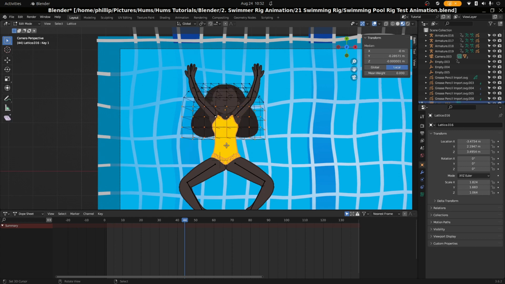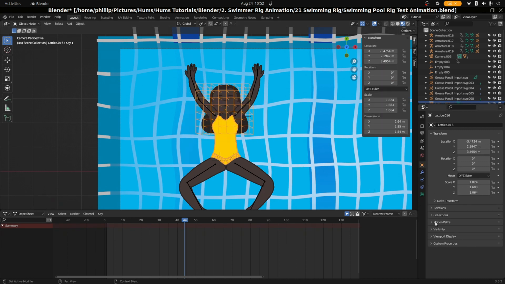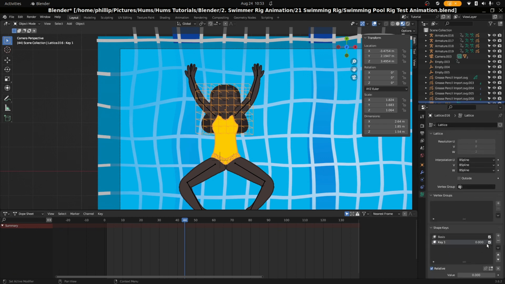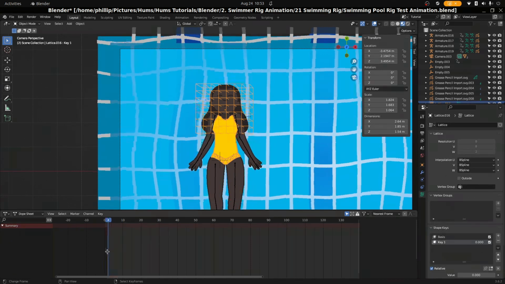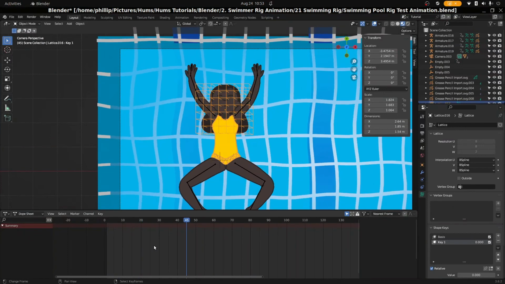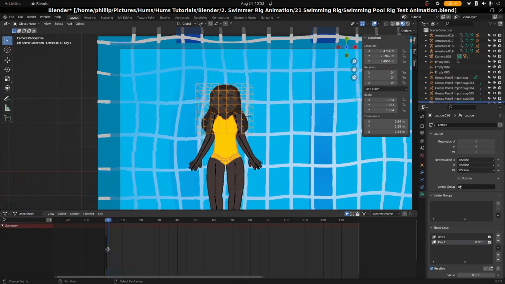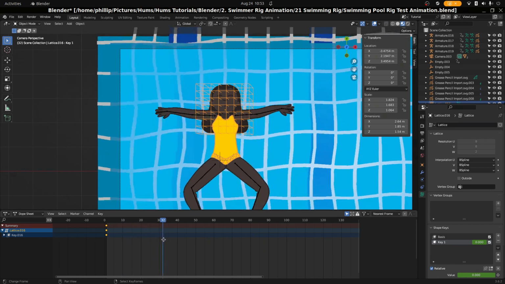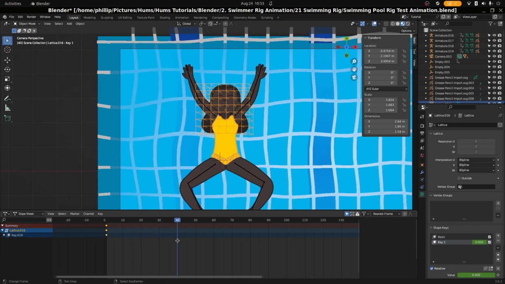So if we select this lattice here and we go to the shape keys for the lattice, we can now use this opportunity to have the hair expand. So at this point, she's done the thrust and she's gathering water. So this is where the hair would begin to start to expand to about here,